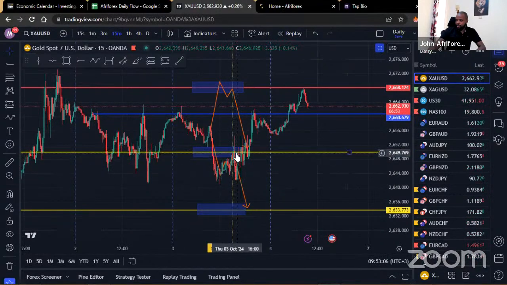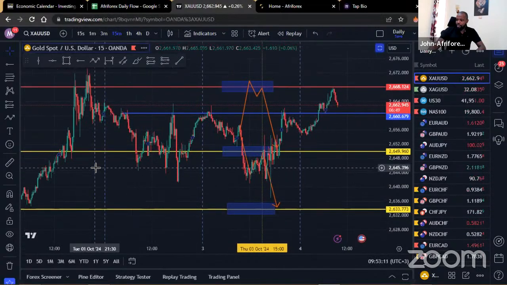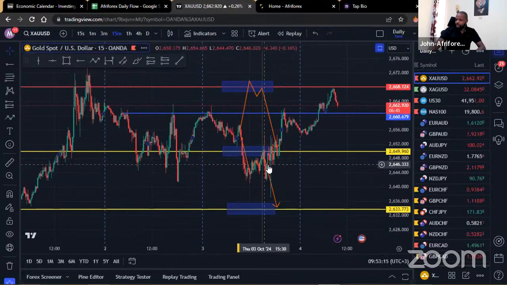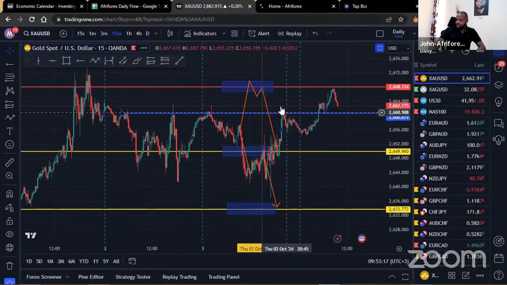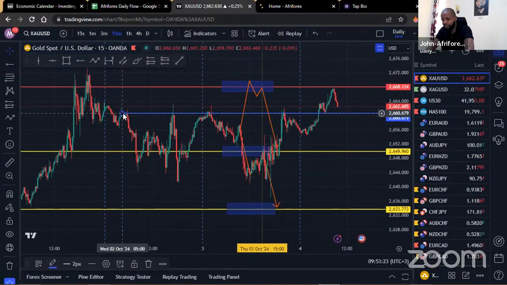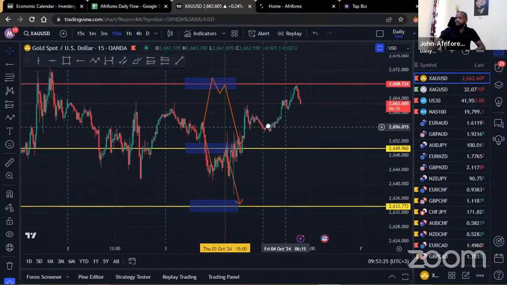And you can see that at 3, there were attempts to actually break free of this region to the downside. But it seems that the buyers within this area were quite stubborn. They just couldn't let the sellers through. And you can see that the market came back into the upside, came back in within there, some sort of a hold. But today during the Asian session, the market has actually broken to the upside of that region. So just get rid of that area.